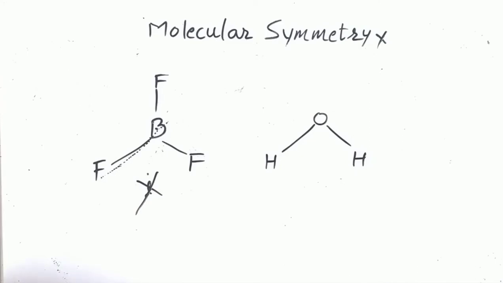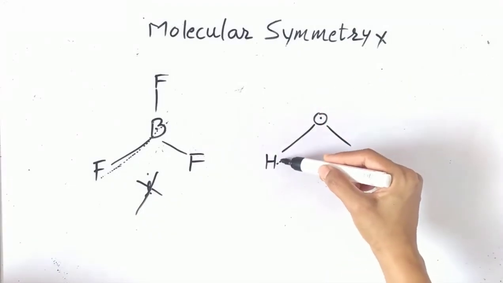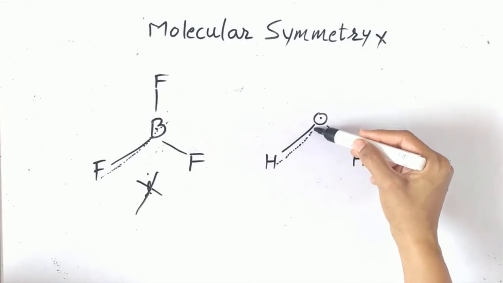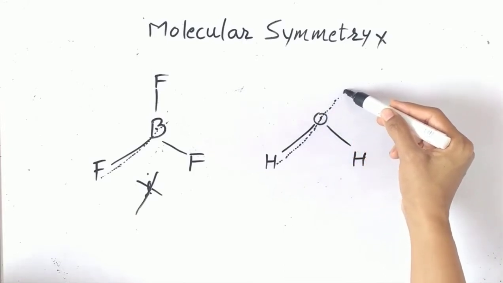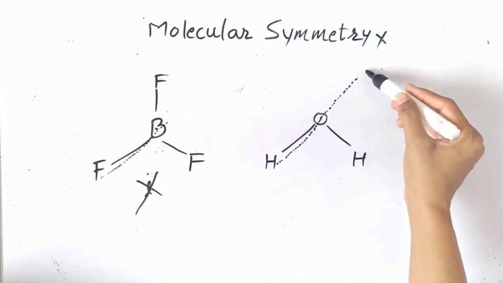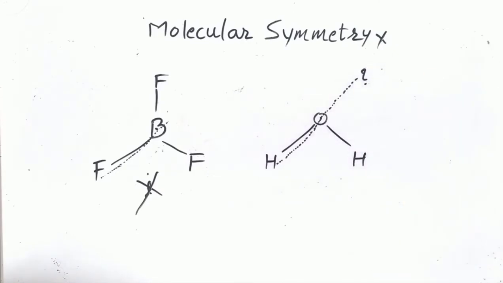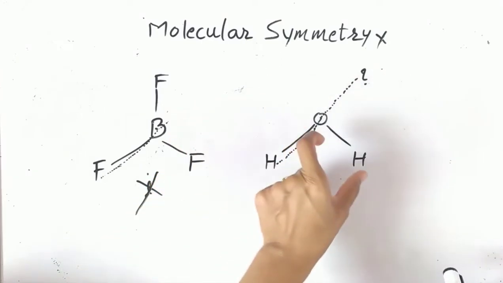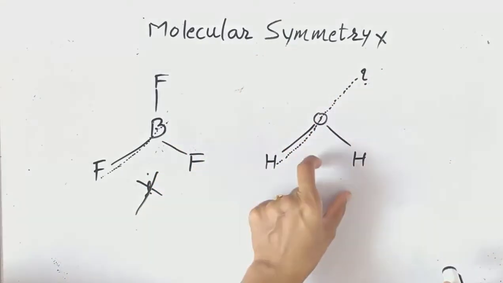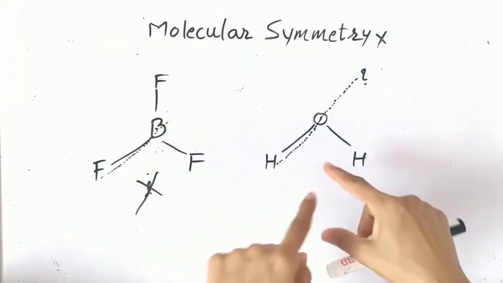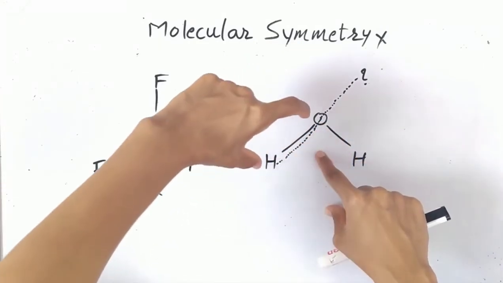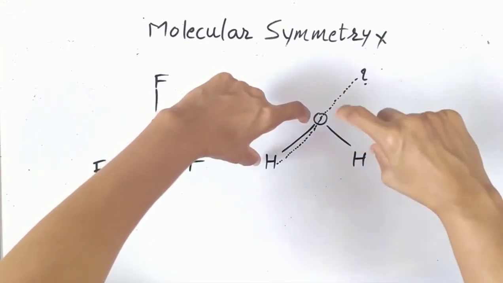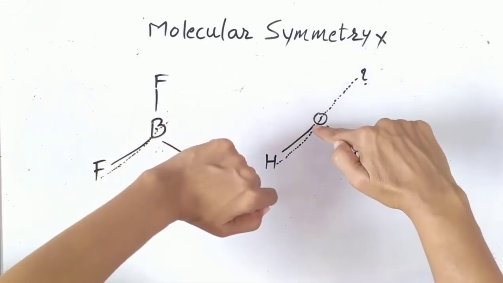Same is the case with the water molecule. Suppose this is the center of gravity. Choose this hydrogen atom, draw a line passing through the origin, and extend it at equal distance in the opposite direction. Do we have a hydrogen atom here? No. Similarly, if you start drawing a line from this hydrogen atom, you will not get the same atom at equidistance and in the opposite direction. Now you will say that from this center of origin we have two hydrogen atoms at equidistance. Alright, this is the center of gravity.